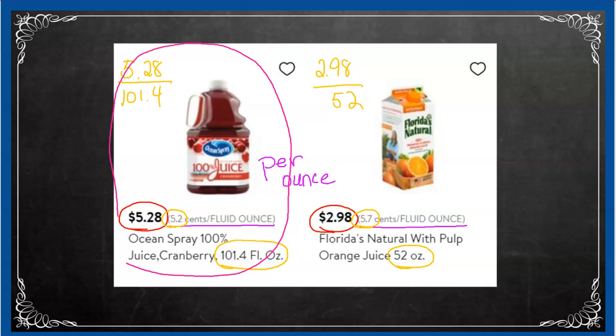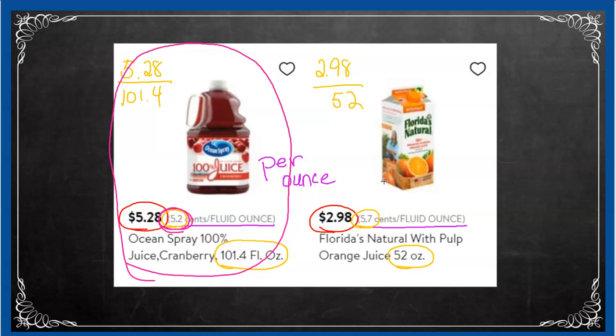It ends up being a better deal because it has a lower unit rate. It's less per ounce than the orange juice. So that's something that's very useful in real life. You go into the grocery store and you usually see these things. Like for eggs, for example, you might see,